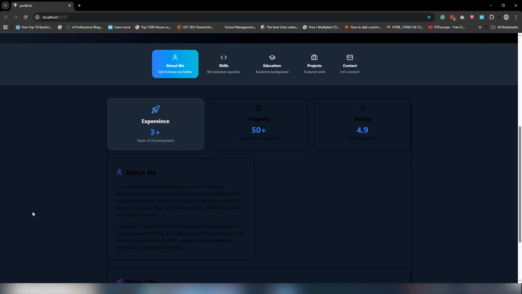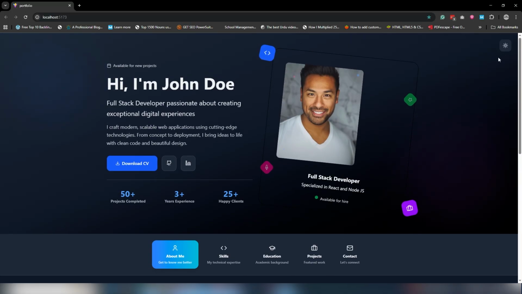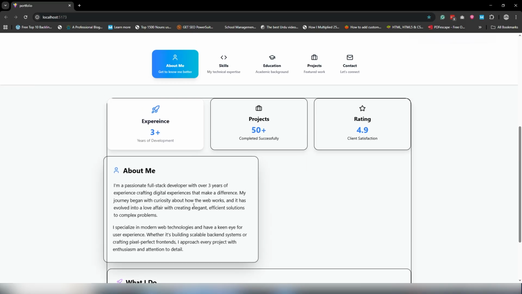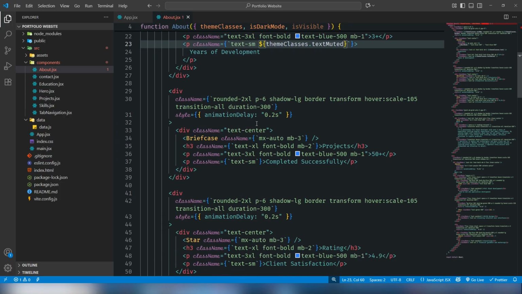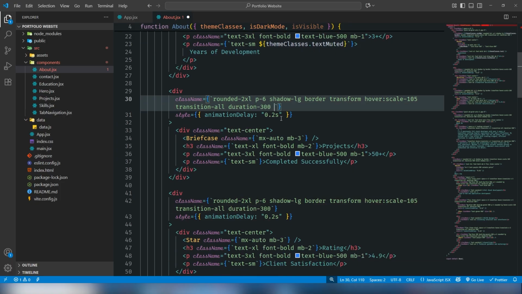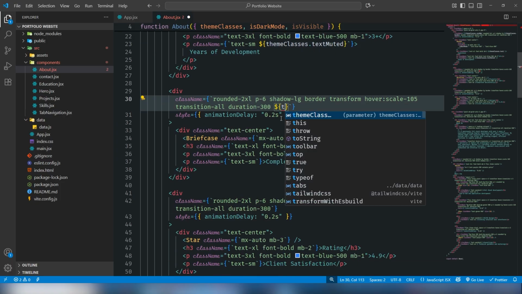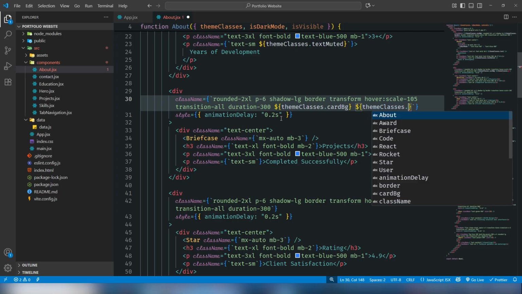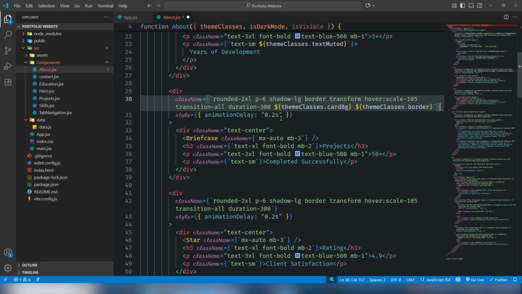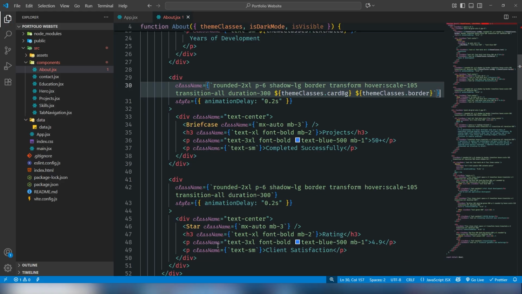Right, and I'm gonna undo that, and let's move on and let's use the theme classes called BG, and what is the next? Okay. Theme classes dot border. Let me,